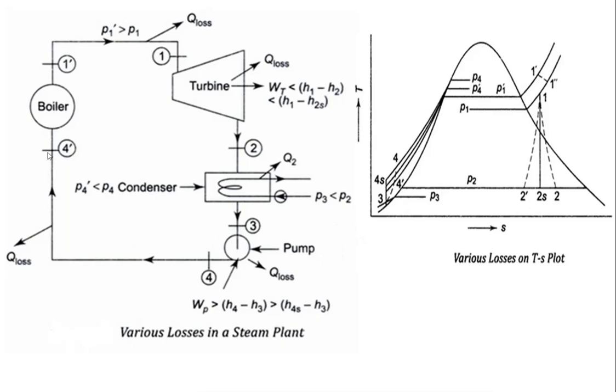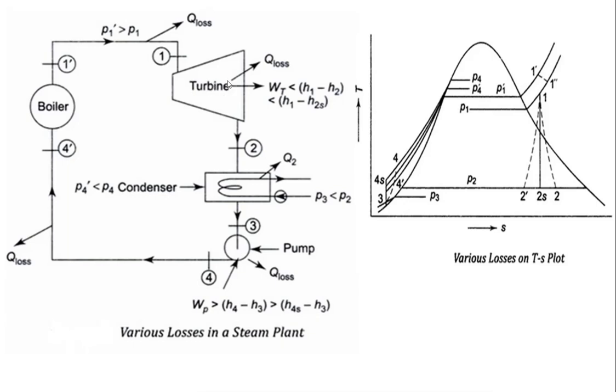And here also, while transferring the fluid from state point 4 to 4 dash, some pressure loss is going to occur due to friction as well as heat losses. So the P4 dash pressure is going to be less than the P4 pressure due to some losses. Generally there are four kinds of losses. One is piping losses. Piping losses occur inside the pipe, while sending fluid from the pump to the boiler as well as from the boiler to the turbine. This is one kind of loss. The second loss is turbine loss.